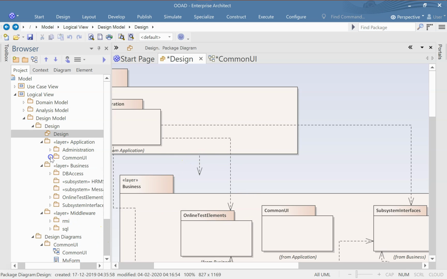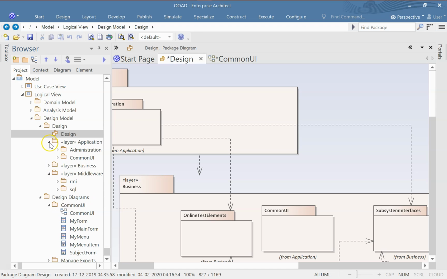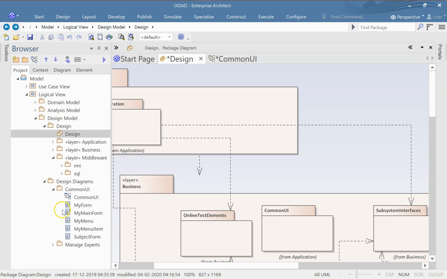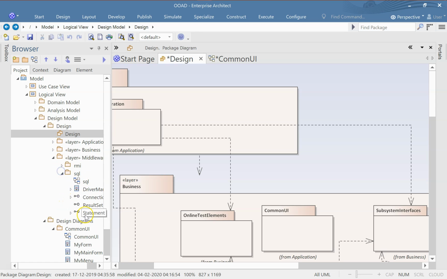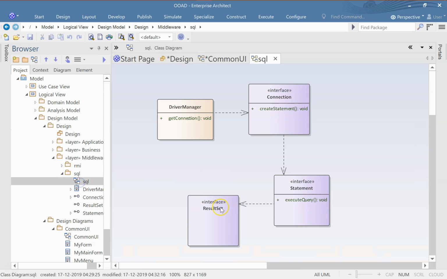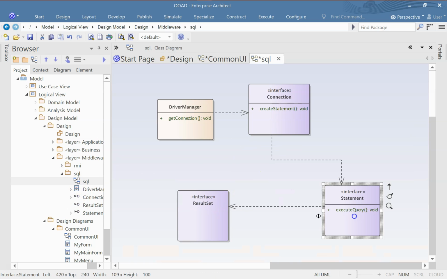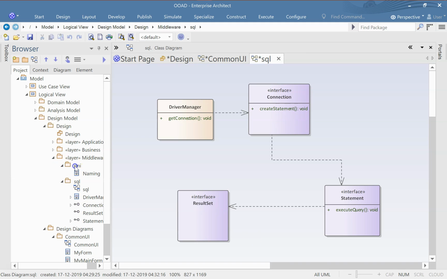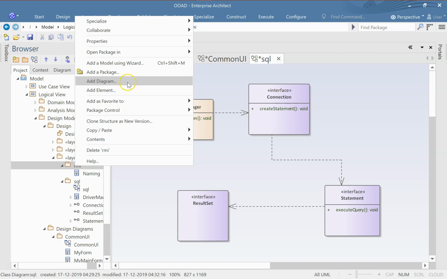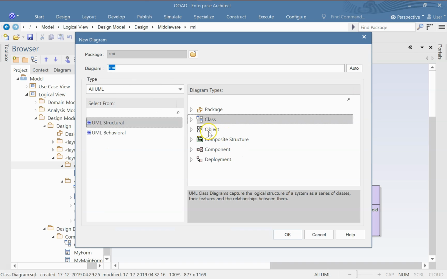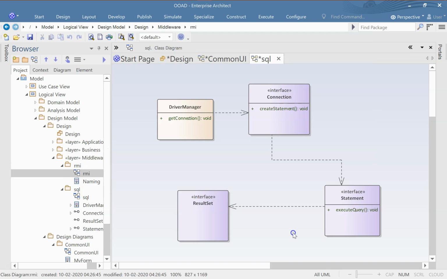Now apart from that, remember JDBC, right? We created this. Now similar to that, here I just kept it simple with naming class, but actually a little bit more extra detail is required. So UML structural,